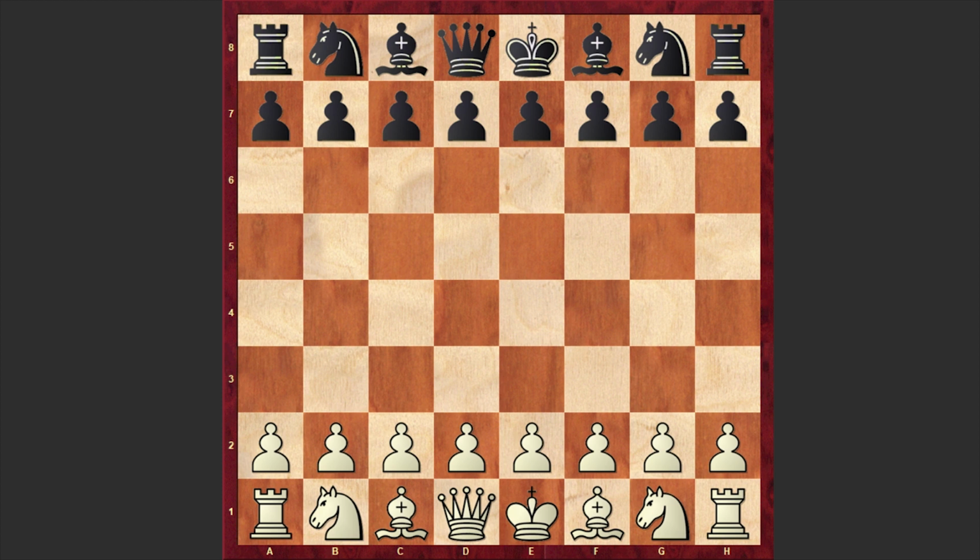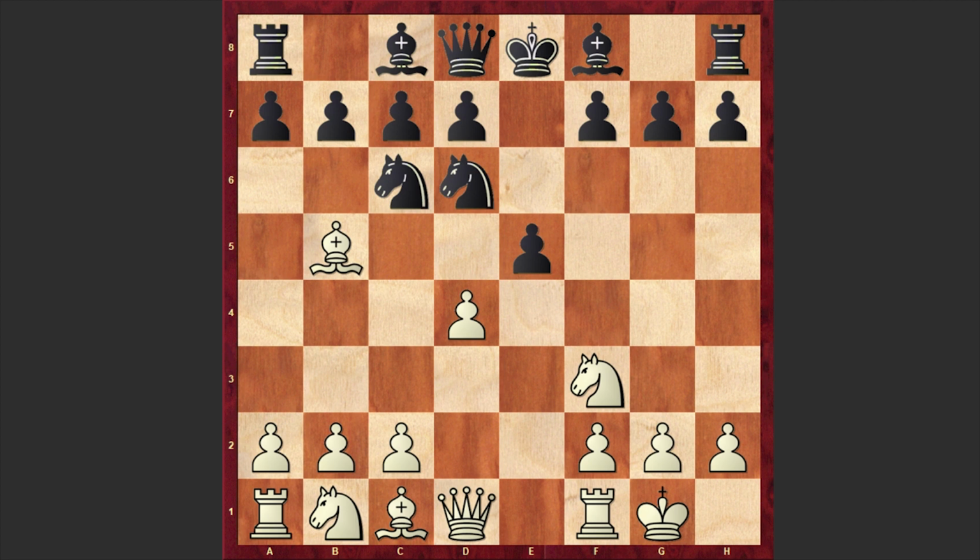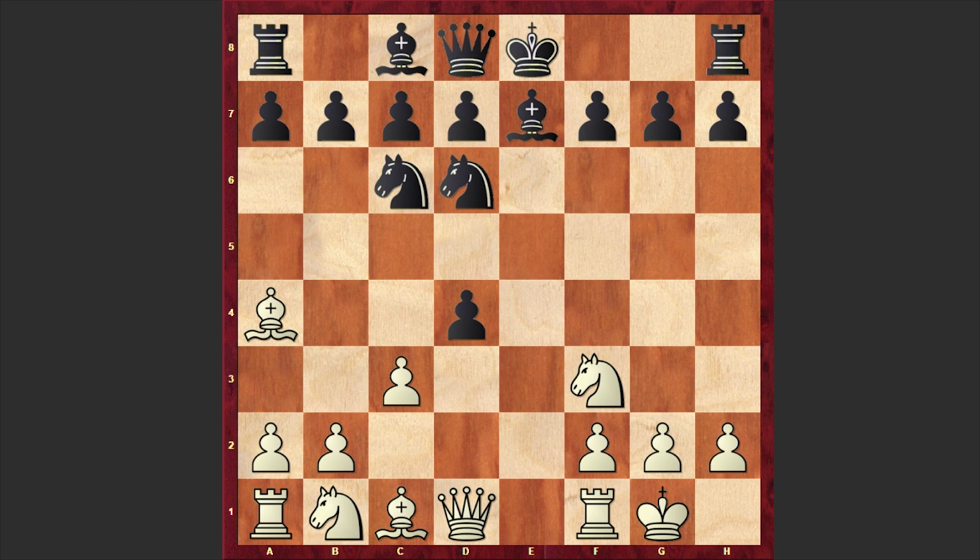Ganguly opened up with e4 and Ismagambetov responded with e5. Knight f3, knight c6, bishop b5. We have the Ruy Lopez, knight f6, black is choosing the Berlin defense, white castles kingside, knight takes e4, d4, knight d6, and bishop a4. Not the most popular continuation, usually in here white is capturing on c6, but in our game we have bishop a4, this is the Showalter variation. Here comes e takes d4, c3, and bishop e7.